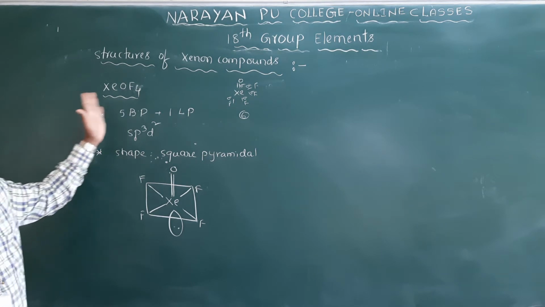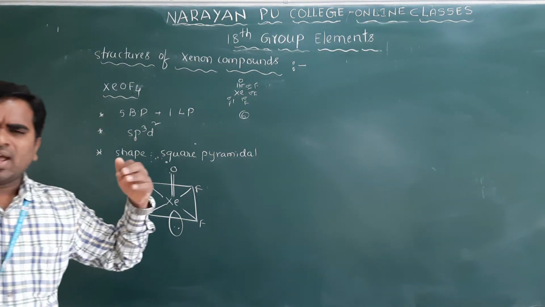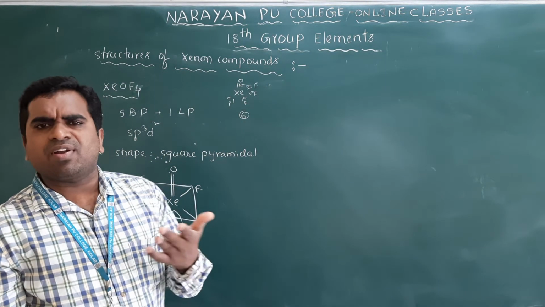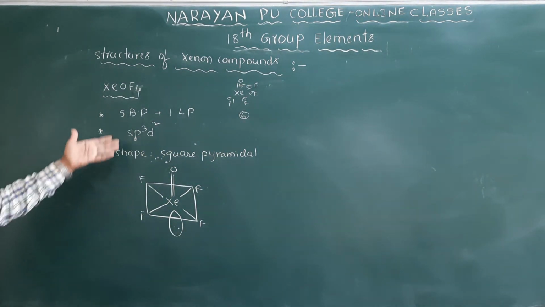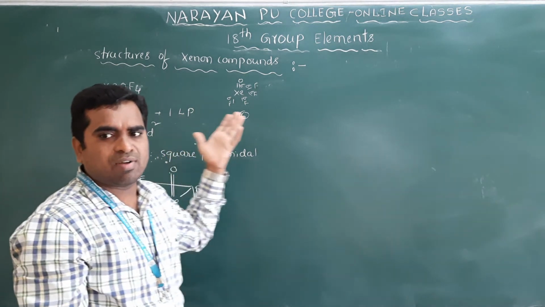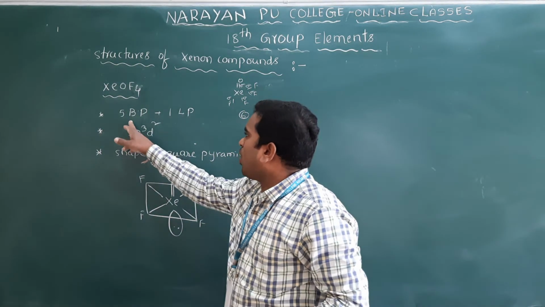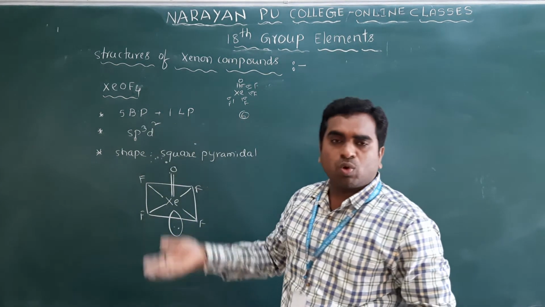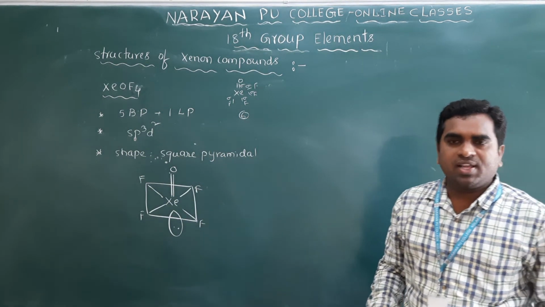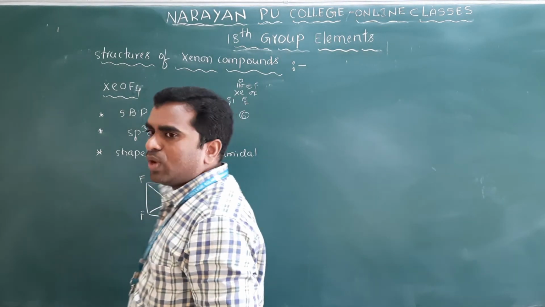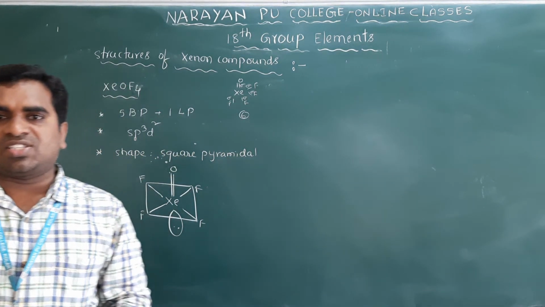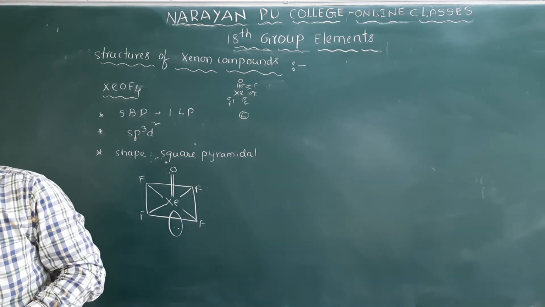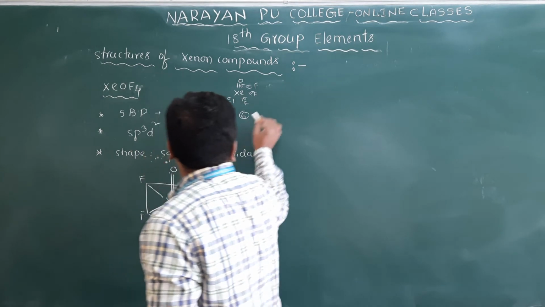In the same way, whatever they give, XeO4 or XeOF4, you can write it. In first year chemical bonding we have studied already: if 5 bond pairs and 1 lone pair, what is the shape? And if it is 5 bond pairs, 0 lone pairs, what is the shape? You have studied that already in the first year. Based on that, you have to write the shape and the structures of the molecule. Clear? So another simple one I will write here. XeOF4 we have discussed. Now XeOF2,